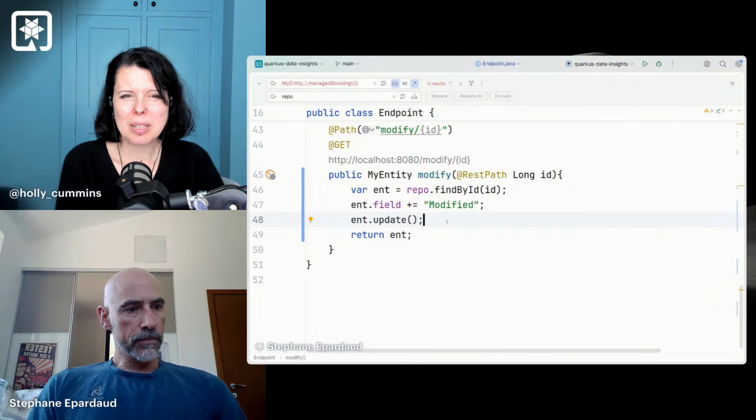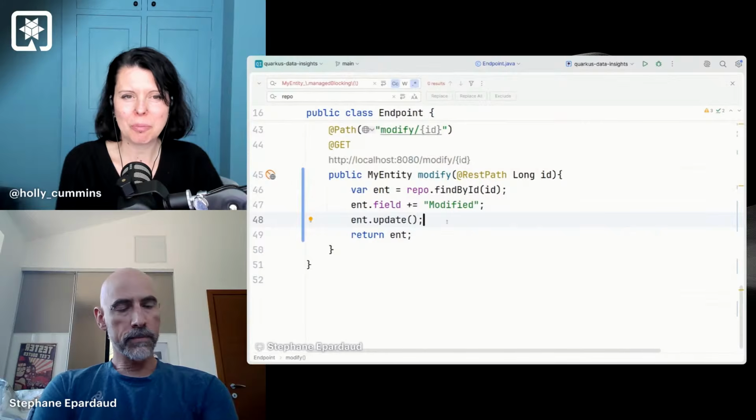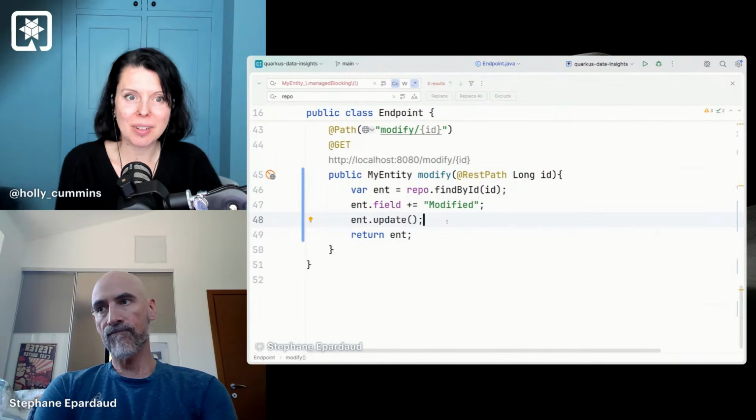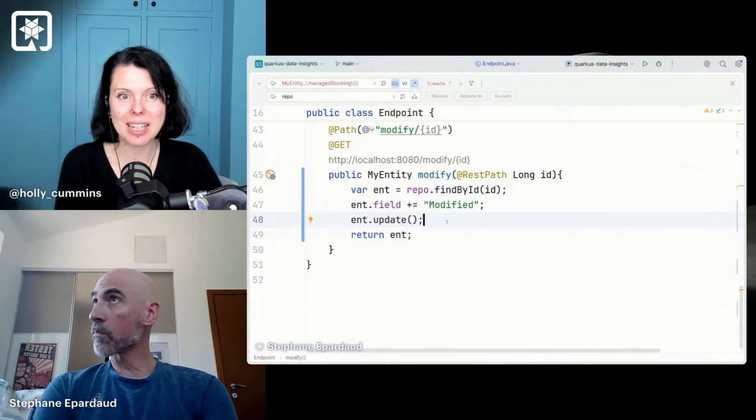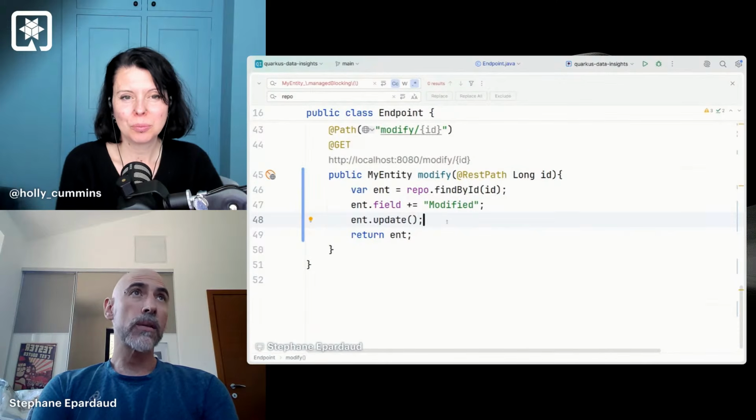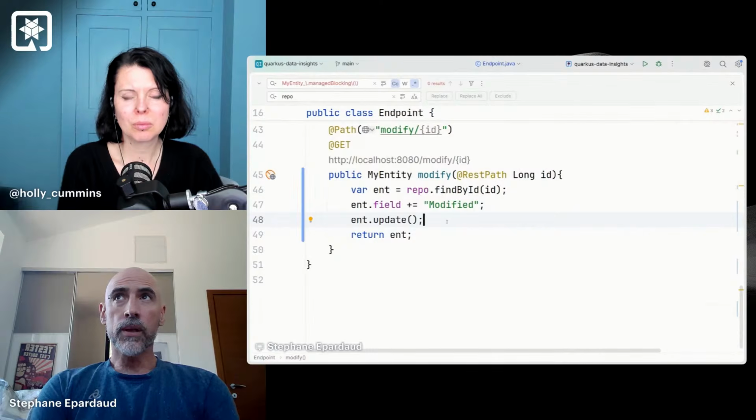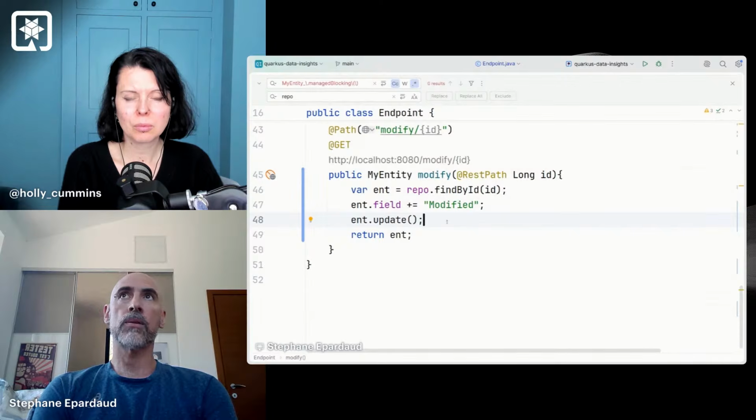Do you think this is going to be something that becomes a class of bugs where people forget what kind of entity they are and forget to put the update? Hopefully not. And the goal here is to put both ways of accessing an entity on the same pedestal, because until now the default was managed entity, and accessing